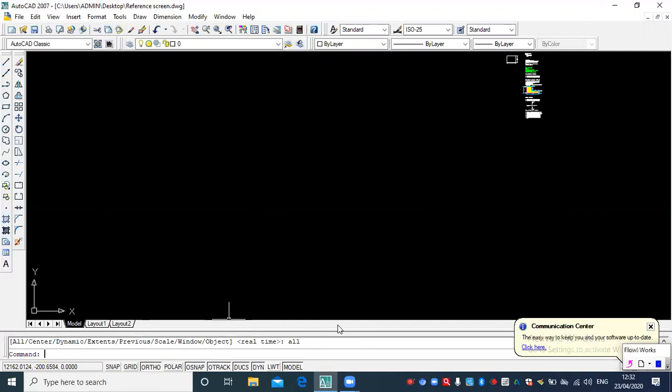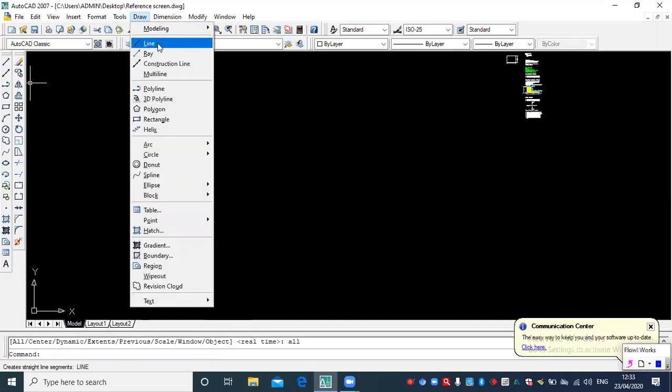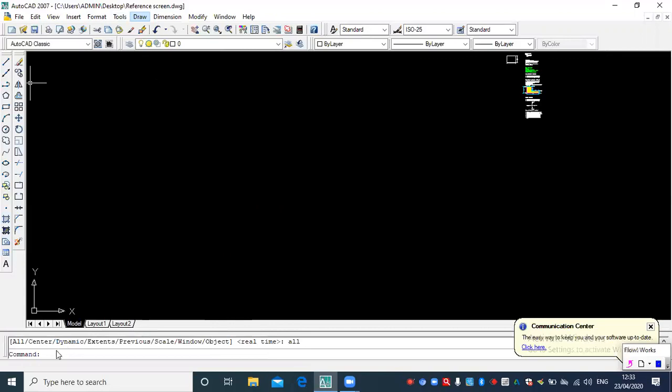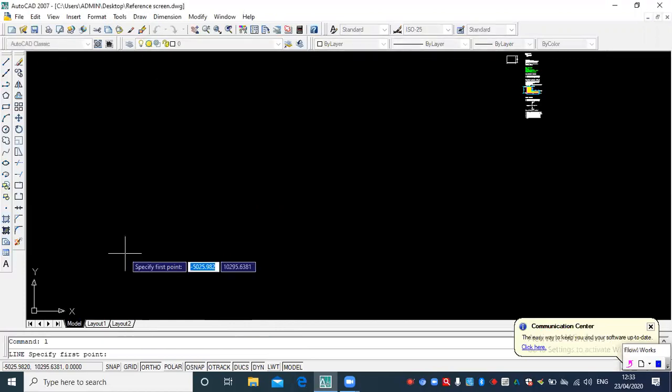Next we will go for the next command, called the line command, which is a very important command. There are several methods to choose the line command from the screen. For example, here the first one, this is the line command. Please get introduced with this. The moment you see this icon, you must be able to identify it as the line command. Or you go to the draw toolbar and find this line command, or you type on the keyboard LINE, or simply type L. These are the options available for you. Simply type L and press enter. The line command will get activated.